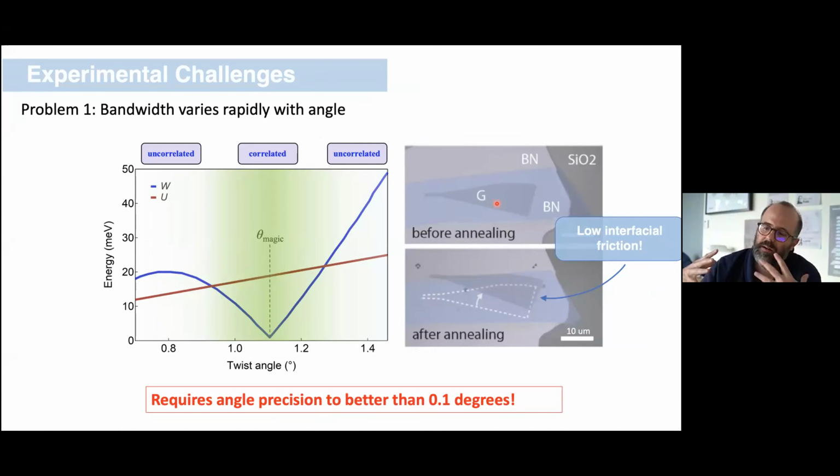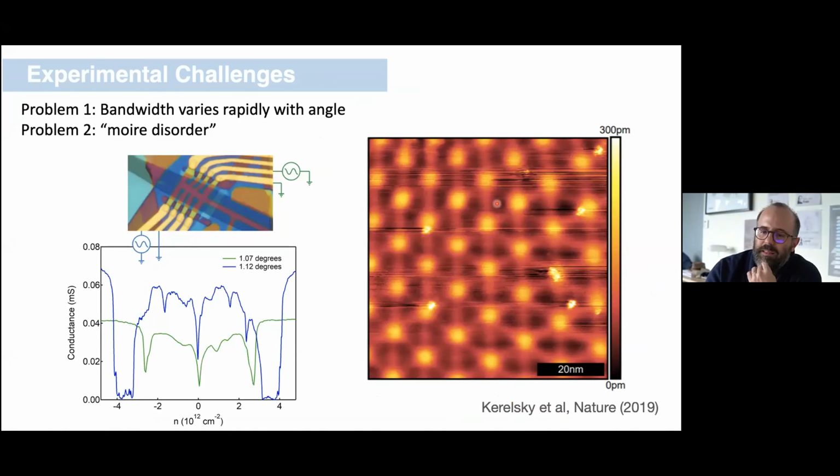Okay, so these systems aren't stuck together when you make them. They have a tendency to move away from the angle you want them to be at. The more problematic issue is that a new type of disorder emerges, or at least in my view, it's a new type of disorder that we might call moiré disorder. Here's an STM image of twisted bilayer graphene. The atomic sites here are the bright spots of the carbon atoms. If you look carefully, what you notice is that over a rather short length scale, only about 100 nanometers between these two unit cells, the two unit cells are quite distorted one relative to the other. This again is because there's very low interlayer bonding, and these systems tend to be under a fair amount of strain.